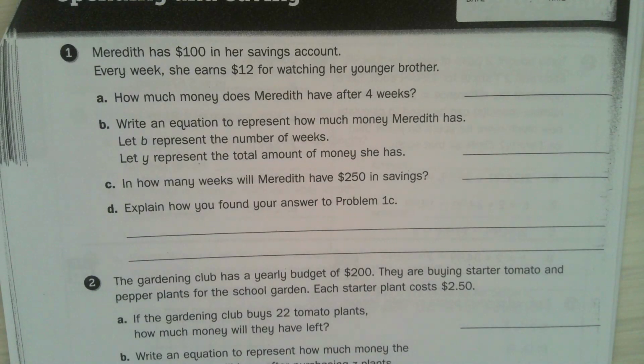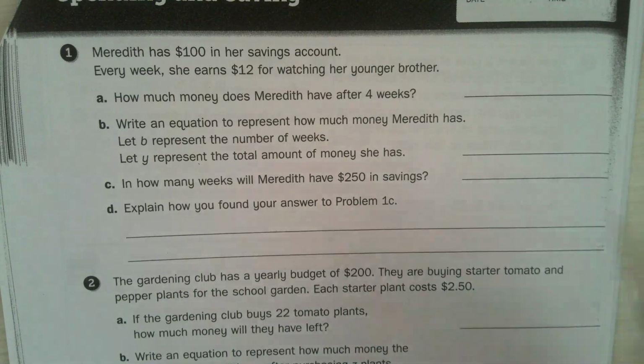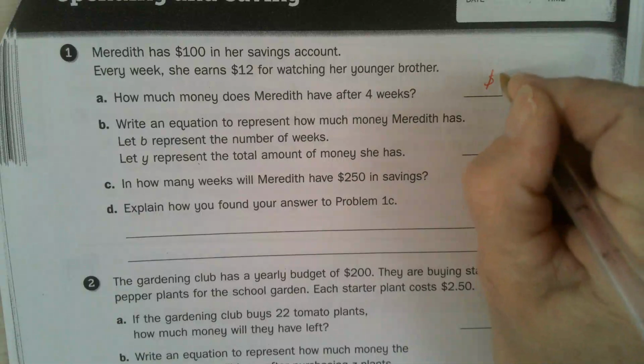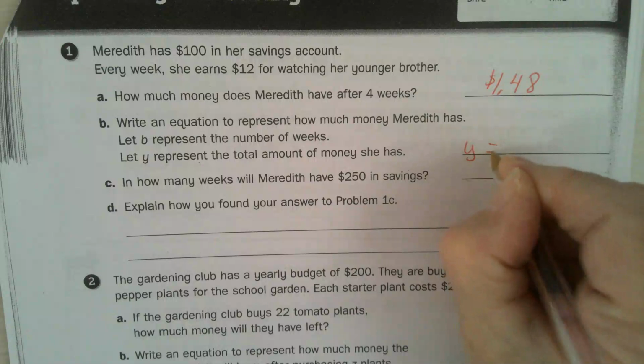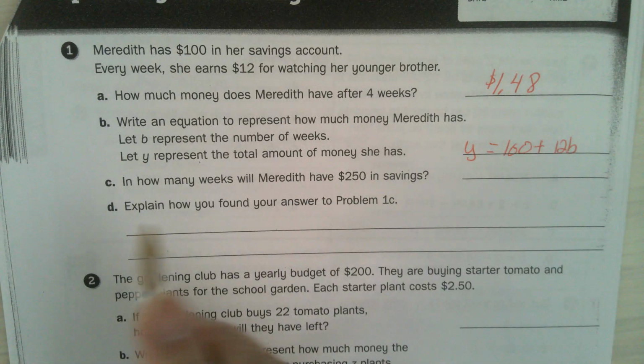So, the answer to letter A, how much money does Meredith have after 4 weeks? 148. Write an equation, and Y represents the total amount of money she has. So, the total amount of money is Y equals 100 plus